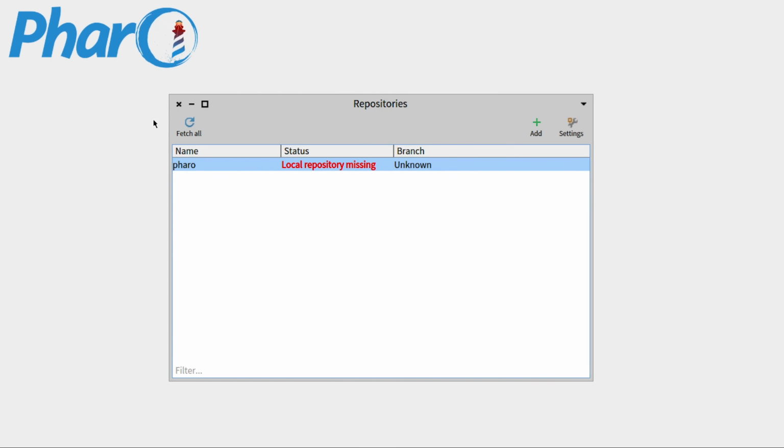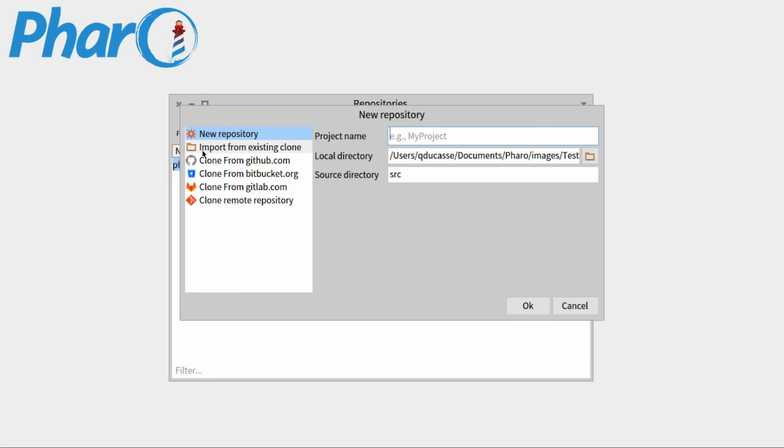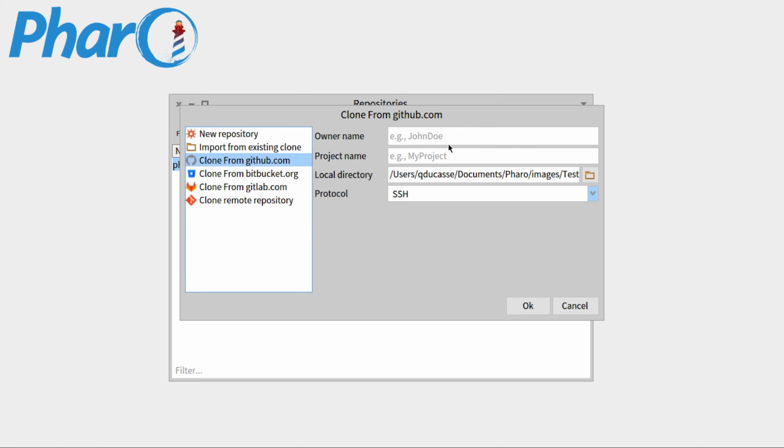So if I go back to my Pharo environment in Iceberg, I can click on Add. So we've got different options. What we did was clone from GitHub because we created the package there. So under owner name, I'll put my name. Project name, so I name it My Pharo repository. And we'll use HTTPS as the protocol. Basically, you can use SSH if you create your keys and then explain to Pharo where to find them. But for now, we'll stick to HTTPS.